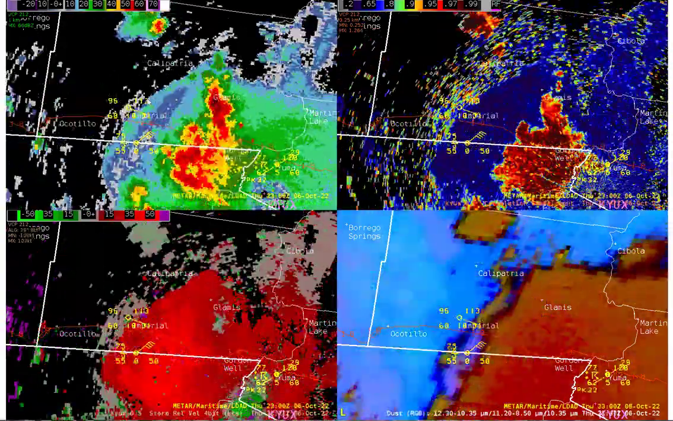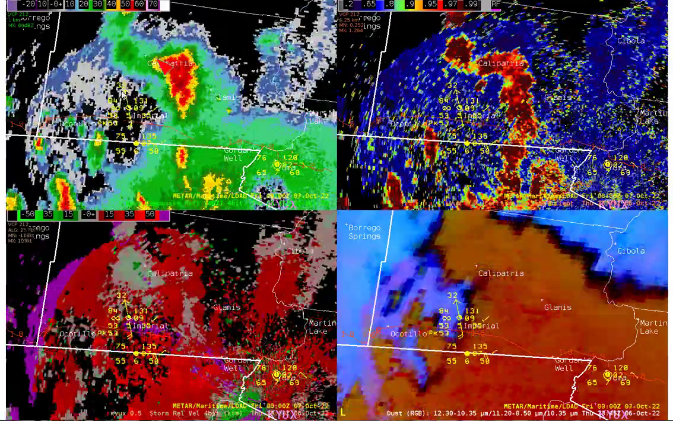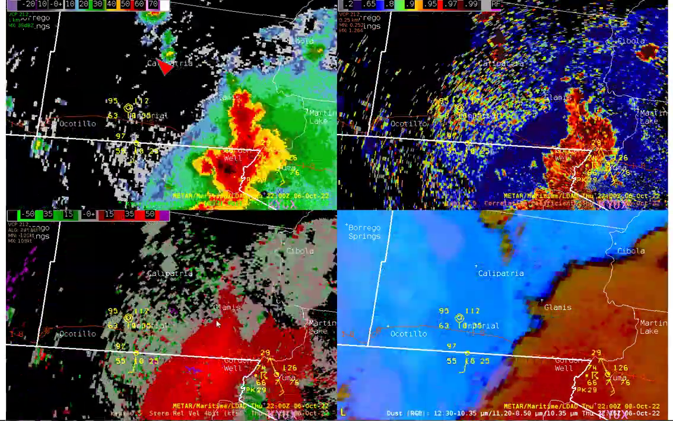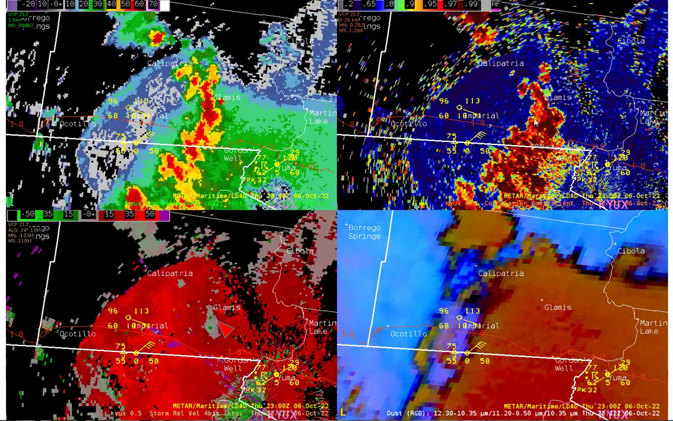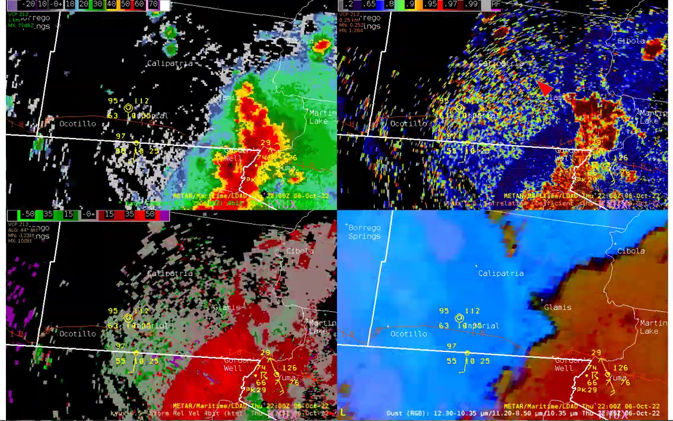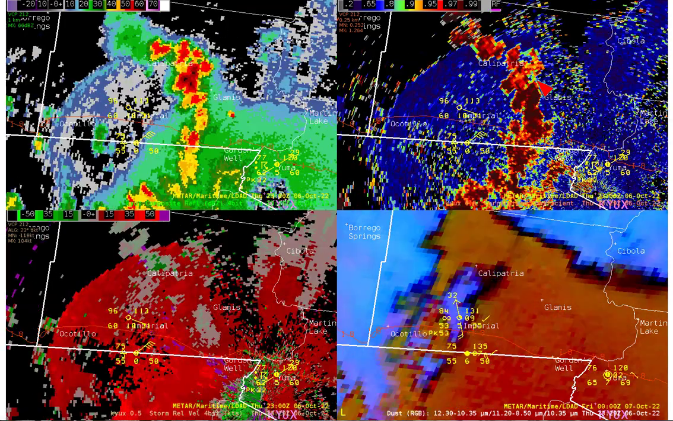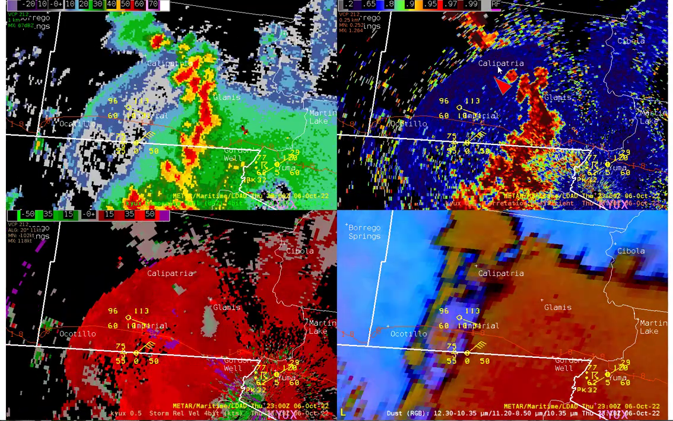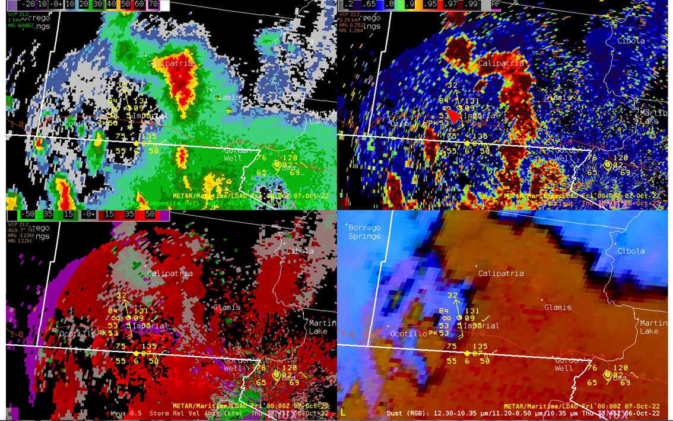of the outflow boundary shows up very nicely here in the reflectivity, the velocity data, and then the correlation coefficient. By the time we get to the end of the loop, notice that we go from these low CC values indicating the signal with the blowing dust, and by the end of the loop you can see those pretty much